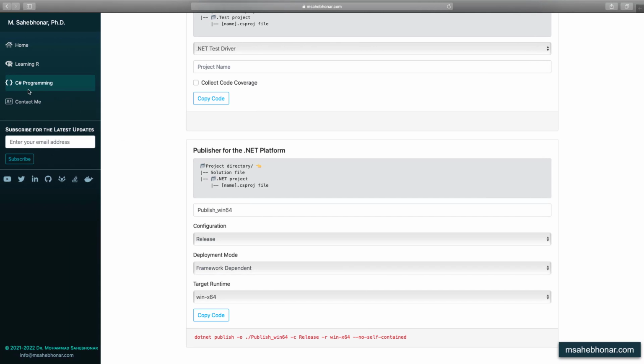The framework-dependent mode has several advantages. Only the app and its dependencies are distributed, so the size of the deployment is small. We can run the app on different platforms, and the app uses the latest runtime installed on the target platform. However, the framework-dependent mode requires pre-installing of the .NET runtime on the host machine.